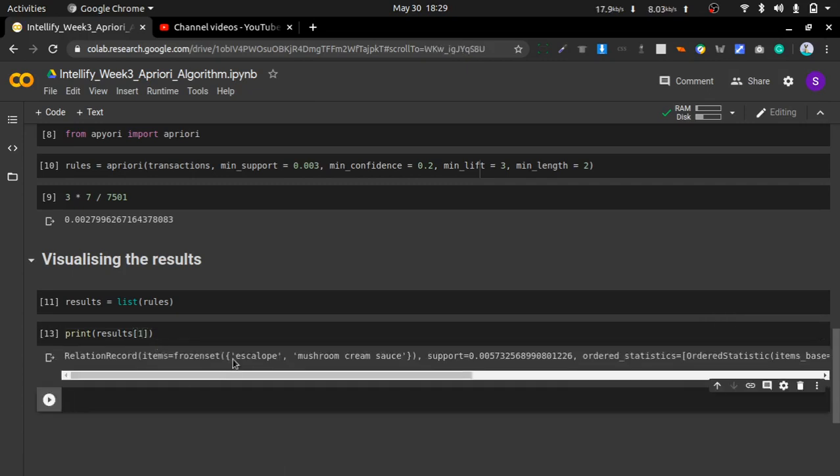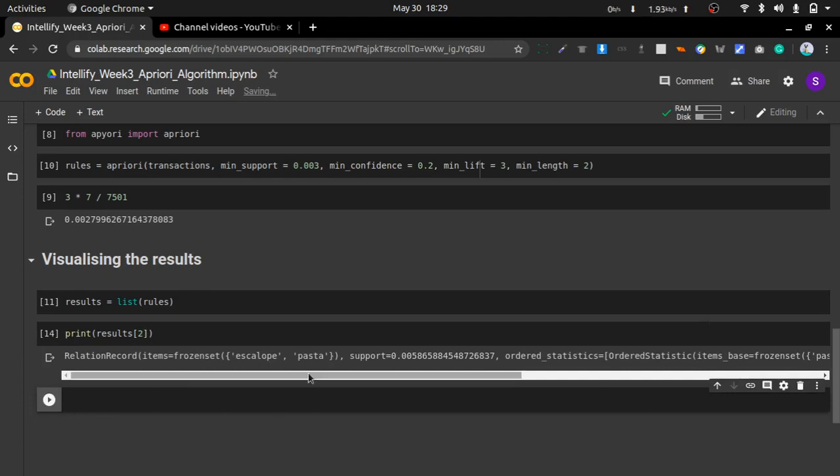So let's see another result. As you can see, the escalope and the mushroom cream sauce has a support of 0.005, which is very good compared to the previous one, and it has a confidence of 30%. So there is a 30% chance that if the customer buys escalope, they will buy mushroom cream sauce, okay. Again we will see another one.